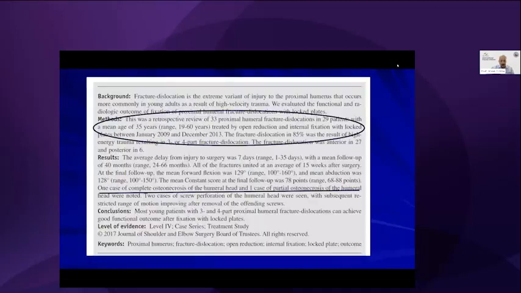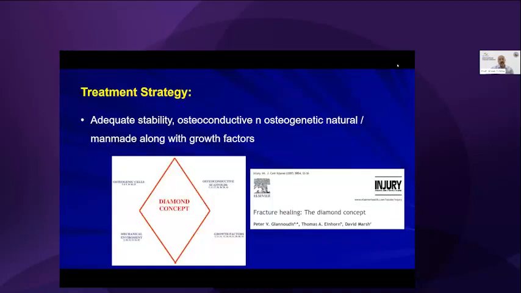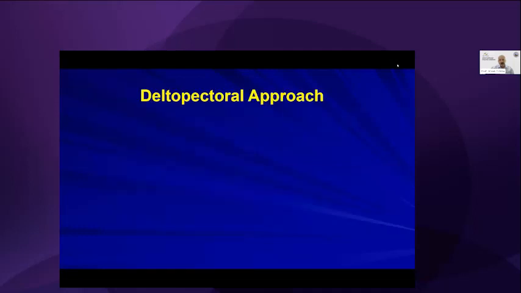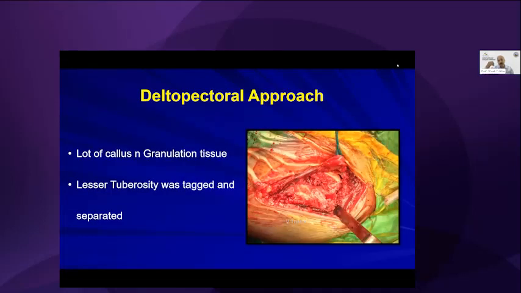So going back to our original case, the deltopectoral approach is the standard approach which I use, even for my posterior dislocation cases, as well as for my proximal fractures. A lot of callus and granulation tissue was observed, which was natural and which we had anticipated. And since we were not able to identify the structures, the first thing which we did was to osteotomize the